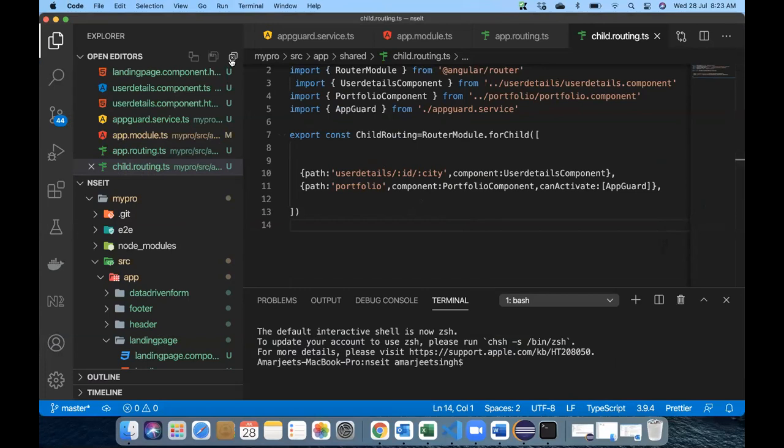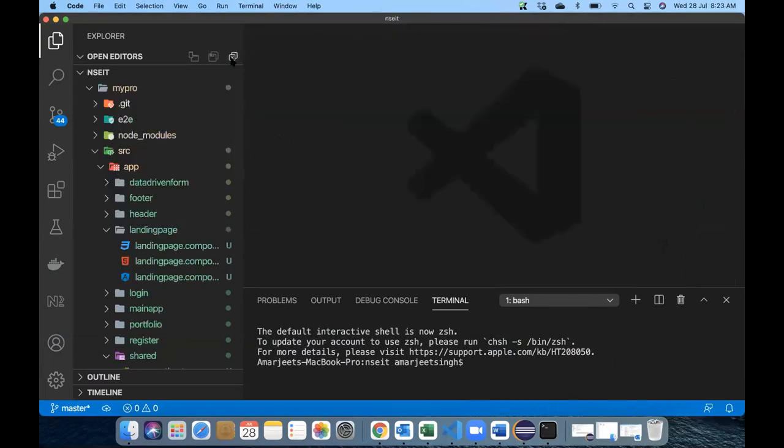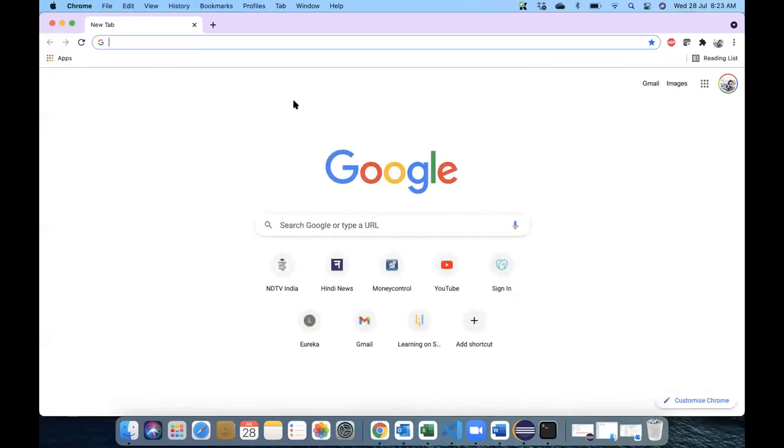Let me try to explain the interceptor. The interceptor will always come between a client and the main processing. So if I just show you with a simple example,